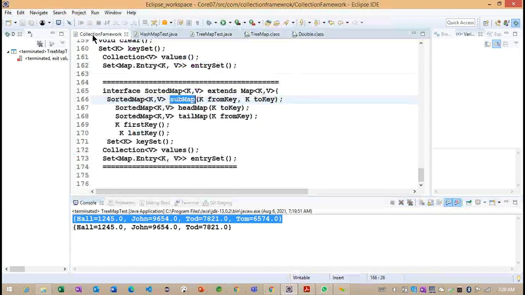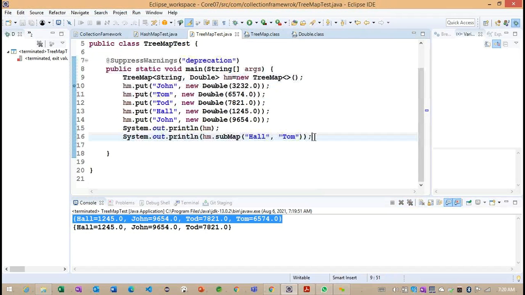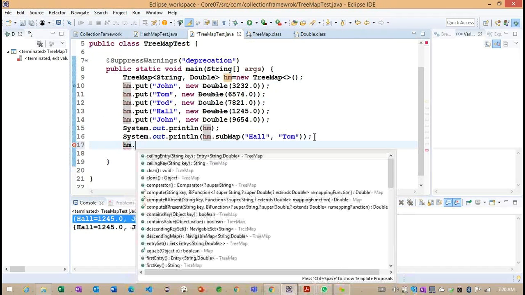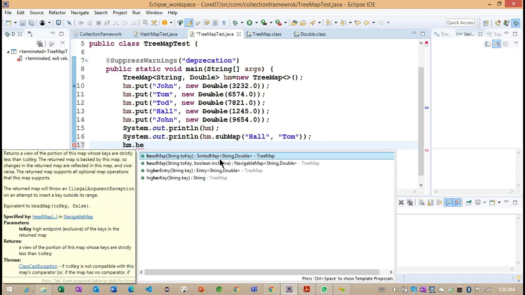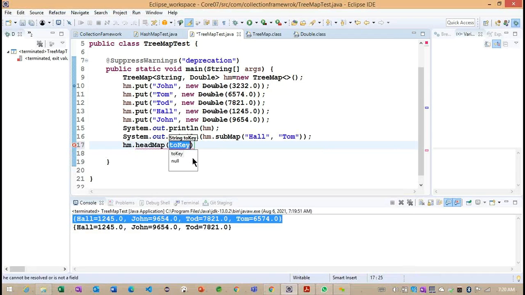This is all about the subMap, and we need to work on the headMap here. So how is this particular headMap going to work? Now you can see hm dot headMap, with this particular toKey. Between which key values do I want to store?